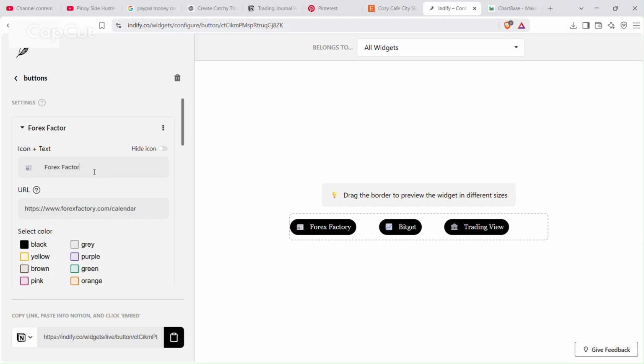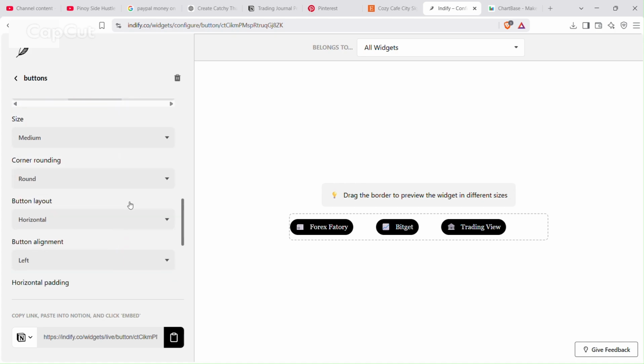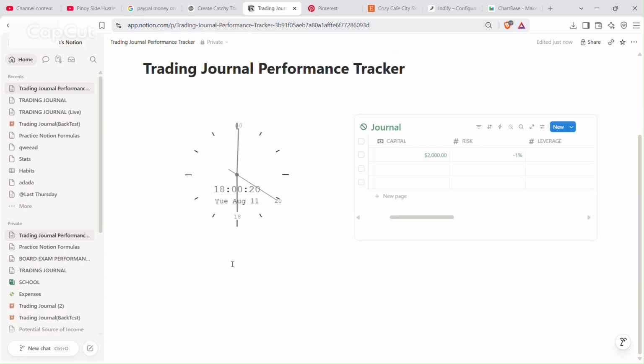Just add the name here, like this one, Forex Factory, and then you can put the URL or the link here. Then just try to configure this or experiment. Since I already have this one, I will just need to copy, and then I will create an embed.